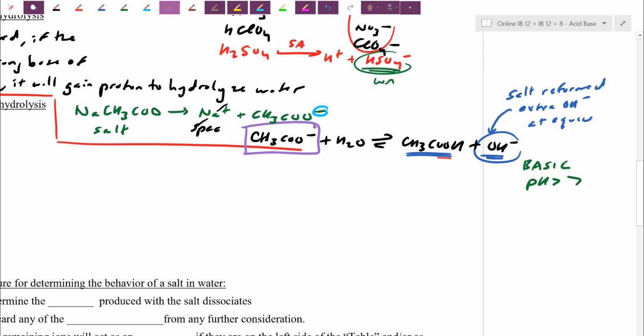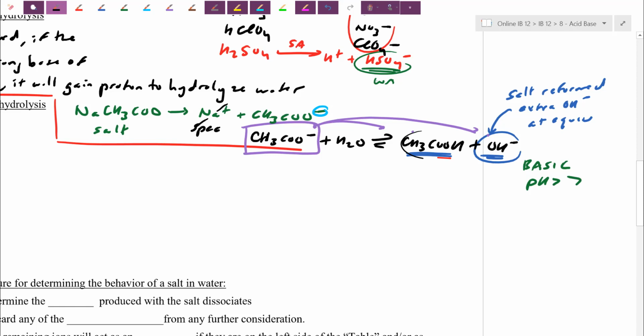So the small fraction of acetate that ends up reforming acetic acid, reforming hydroxide here, is not all that great, but it's enough to knock the pH slightly into the basic region. Now don't worry about, wait a second, I've also created the weak acid. Wouldn't this one here also end up forming H+? Well, if potentially this one here wanted to go backwards and reform the H+, there's even less of it that